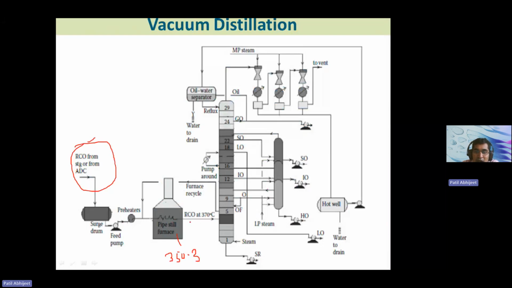This RCO, raw crude oil, is charged to the fourth plate of the multi-component distillation column. And as it goes in the upward direction, the separation occurs because of